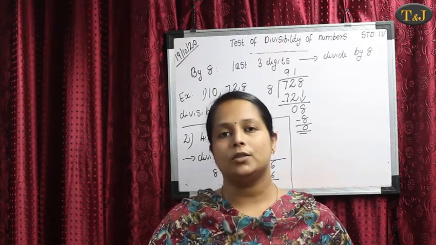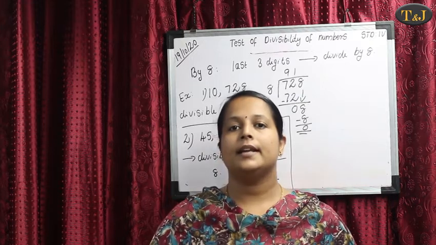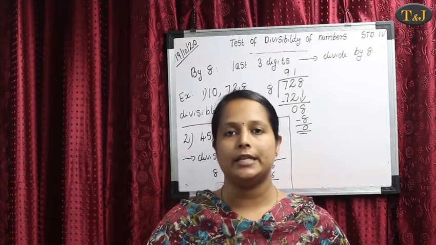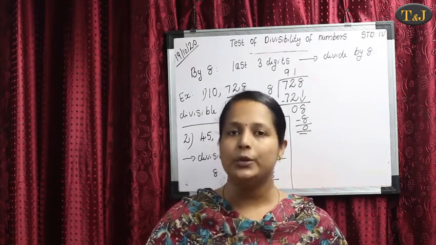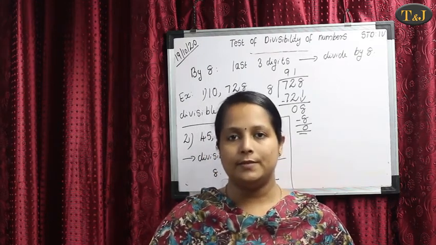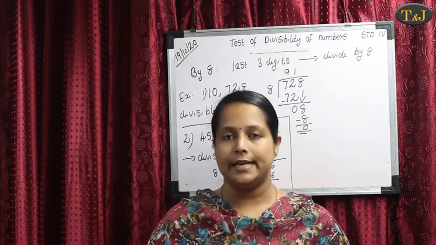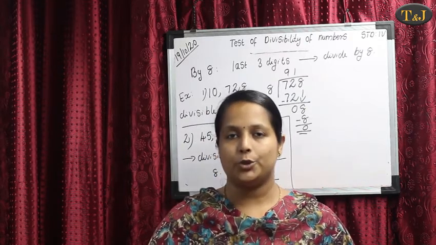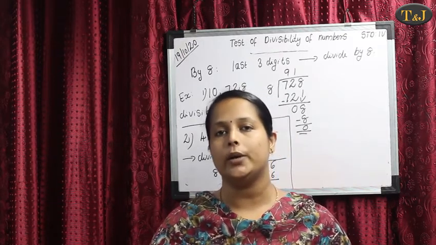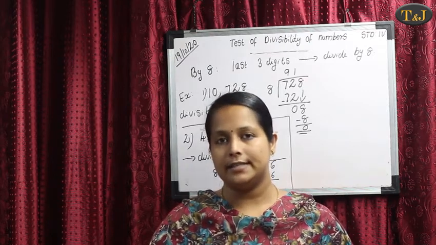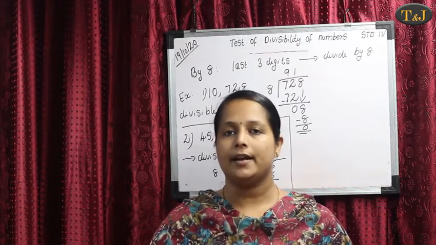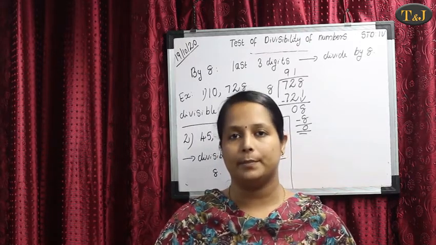Okay. The next test is divisibility by the number 6. By checking the test of divisibility by 6, we are checking two conditions. First we check the divisibility by 2, then we check the divisibility by 3. That means 2 threes are 6. For 2's divisibility, the ones place value is 0, 2, 4, 6, 8, so it is divisible by 2. Then in 3's condition, we add all the digits. Then we get an answer included in 3's table, so it is divisible by 3. Both conditions, divisibility by 2 and divisibility by 3, are satisfied. Then it is divisible by the number 6.